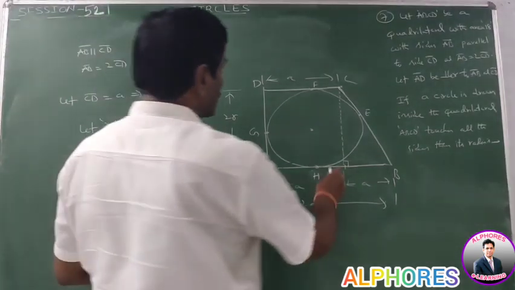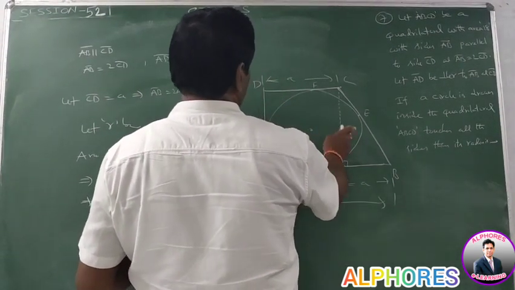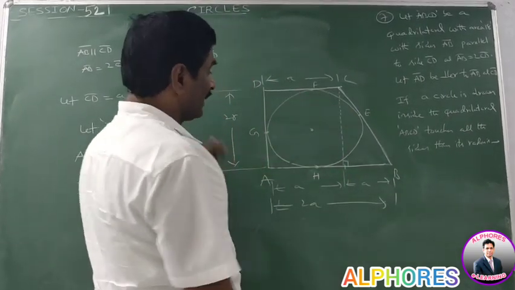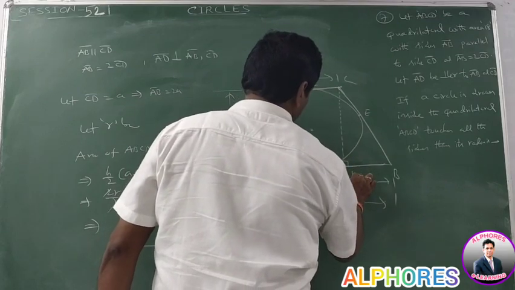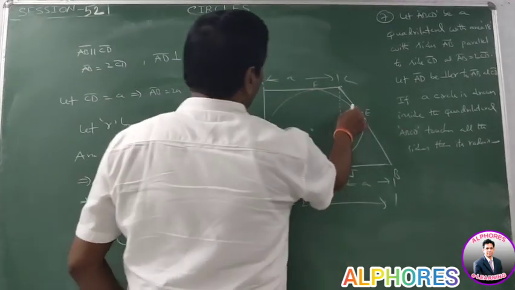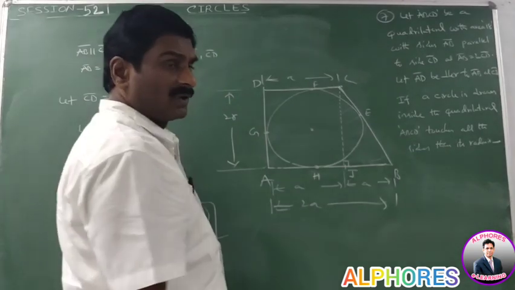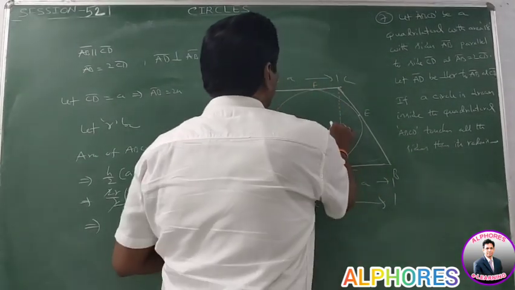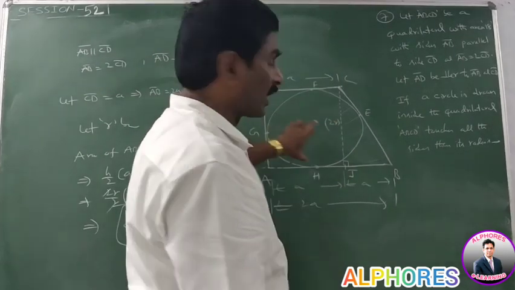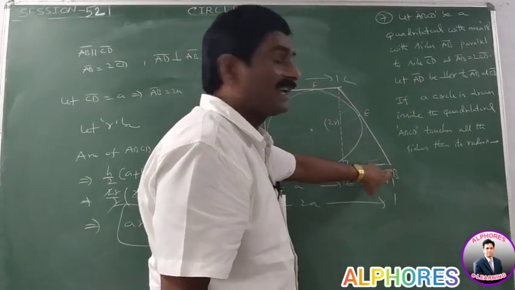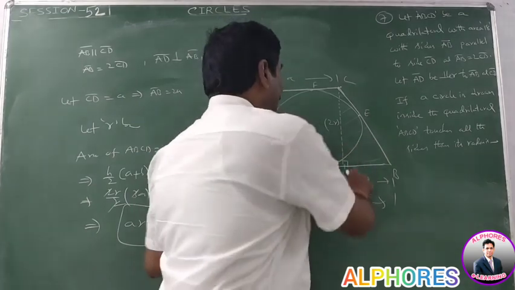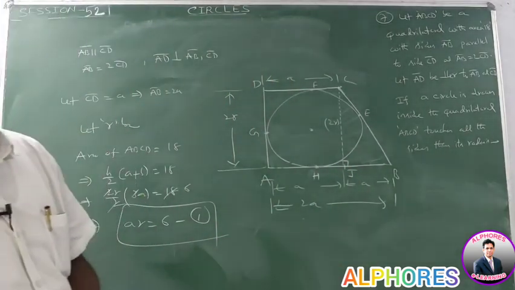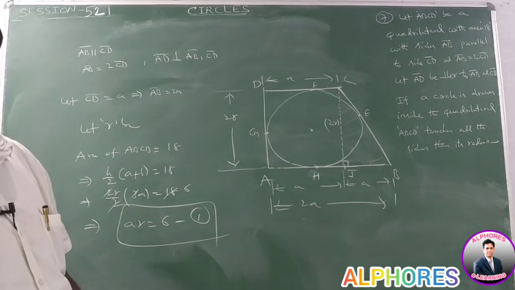Please observe this value. E, F, G, H. These are the points of contact. Say this value is J. In this triangle, it is a right angle triangle. Suppose we find this value. This is the value A. This value is nothing but 2R, height 2R. Suppose we find BC length, then we use the right angle triangle property: hypotenuse square is equal to side square plus side square. By using that property, we get the relation between A and R. Okay. How do we find that value?